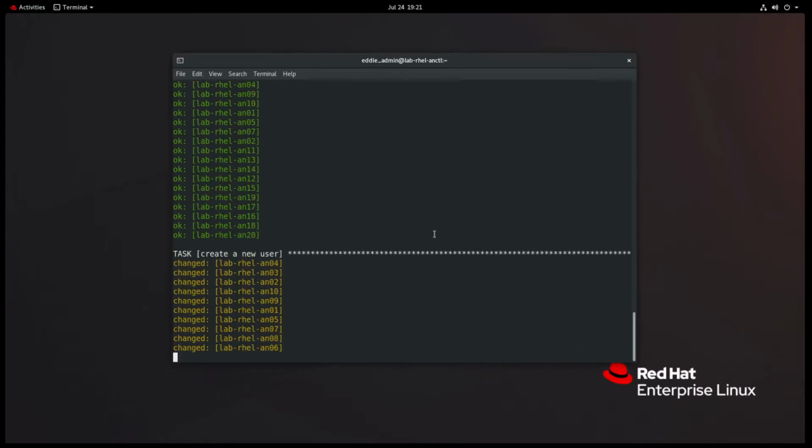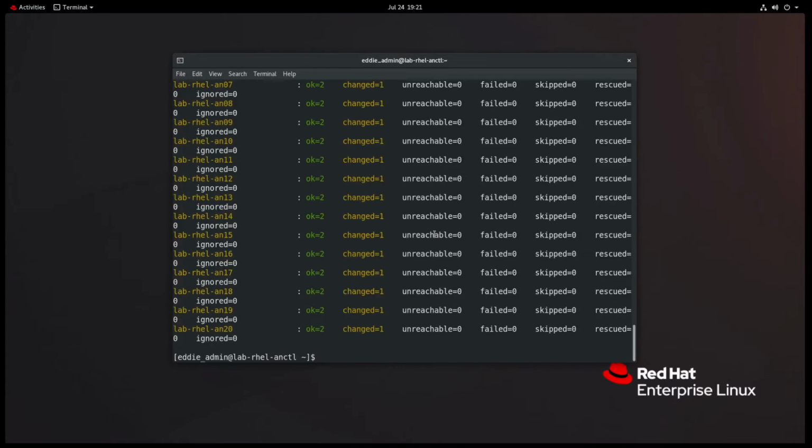Now, 5 is a pretty conservative number. If you have an environment where you have hundreds or thousands of nodes and you're doing these little chunks of 5 at a time, it'll probably take forever for your playbook to work. So you're obviously going to need to optimize your Ansible control node for your environment, which usually means raising that forks to greater than 5. But the way that you would do that is by the forks